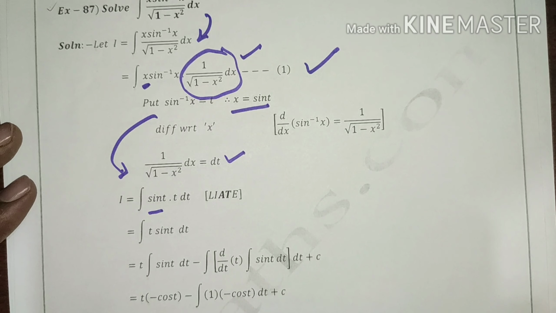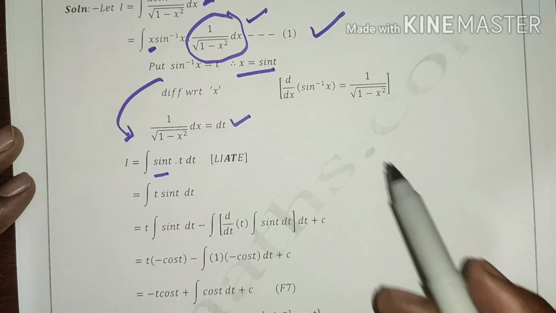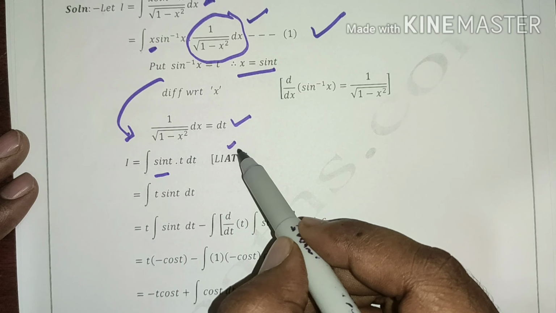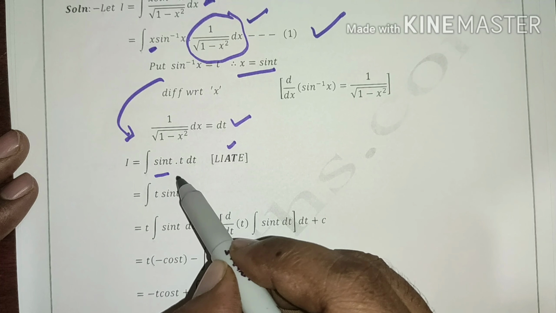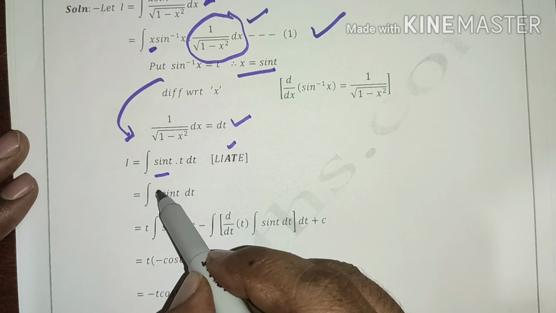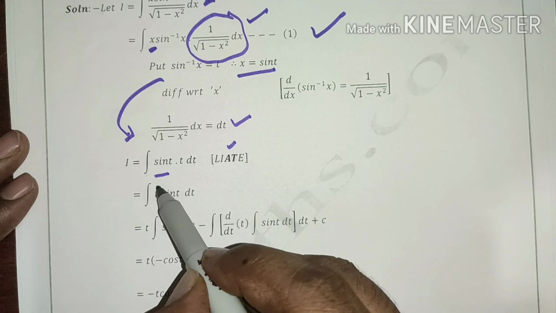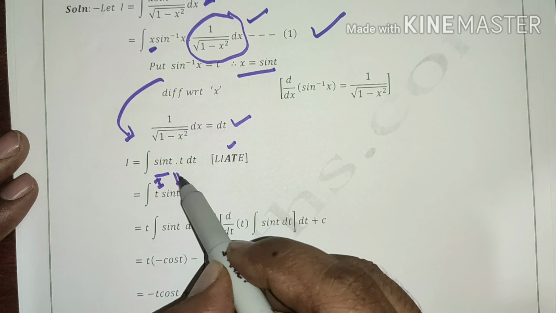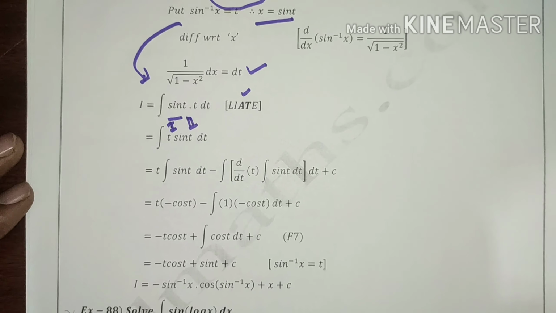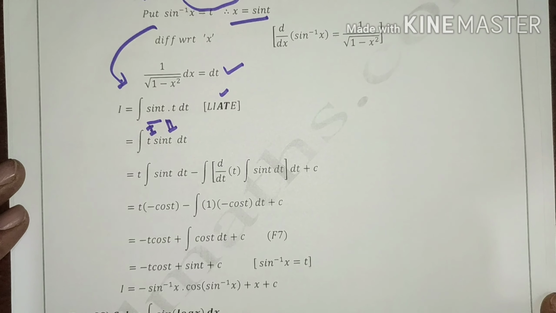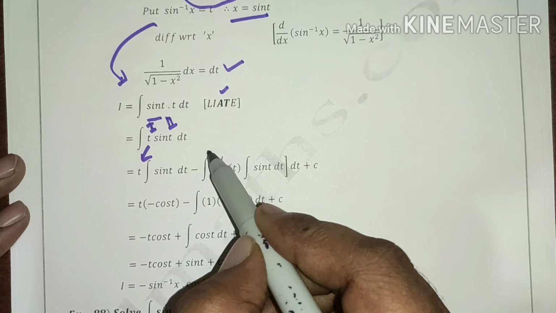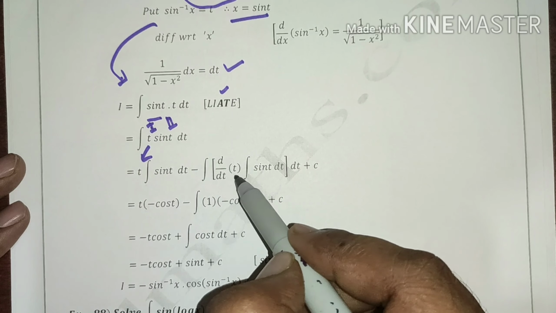And now we use the ILATE rule. We need algebraic function first, then trigonometric function. That's why we change its sequence. We write the algebraic function first, the trigonometric function later. So the algebraic function is the first function, and the trigonometric function is the second function. After that we apply the previous rule, called the ILATE rule. We have first function times integration of second, minus integration of the derivative of first function